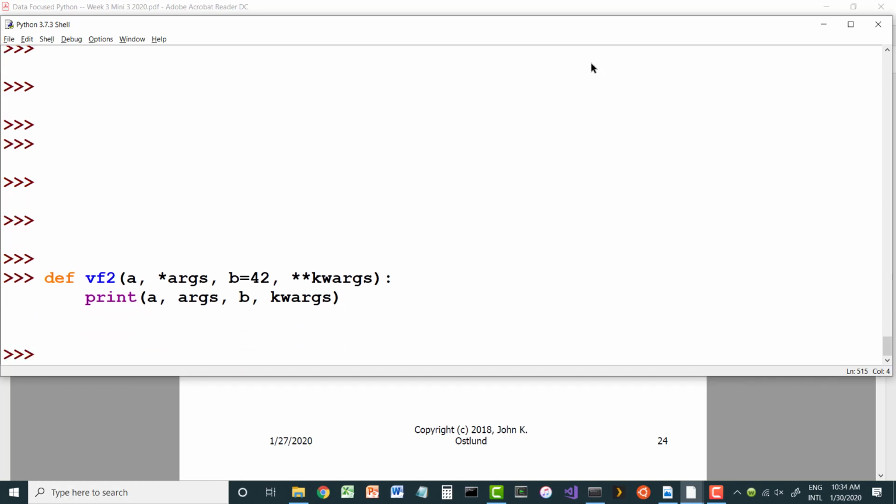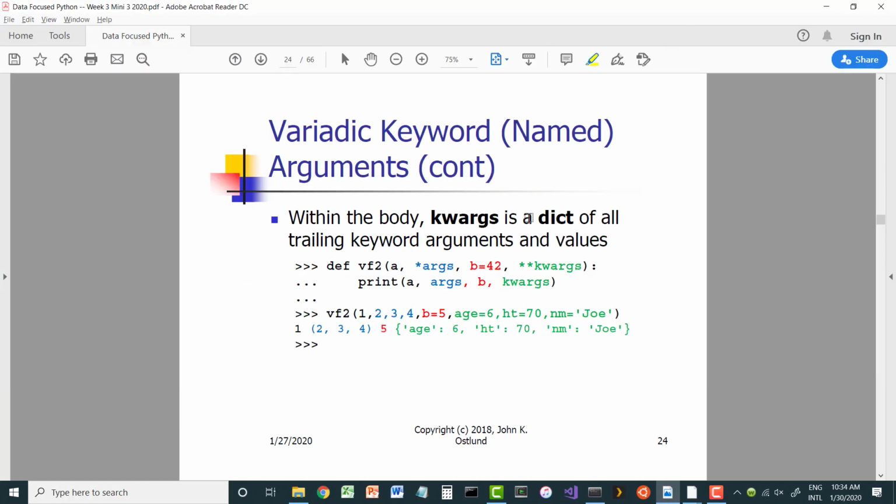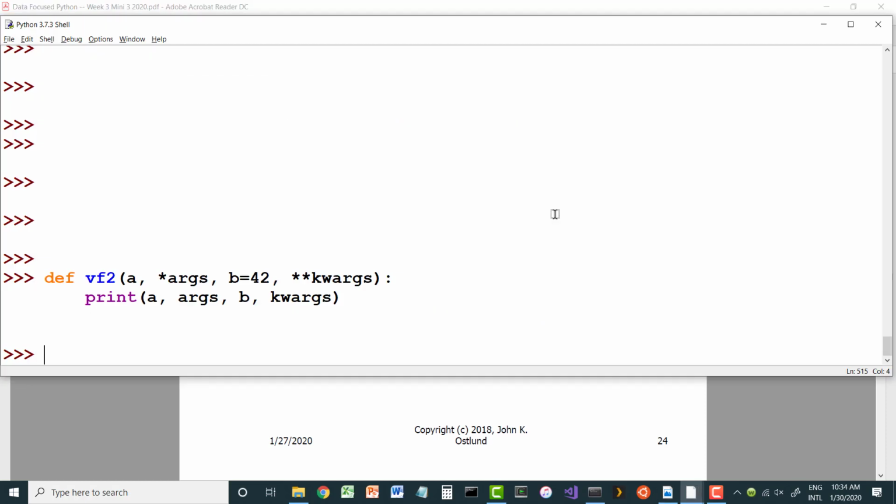using the print function. Now, whereas args is a tuple of the additional arguments that the user types, kwargs, it turns out, is a dictionary where the keyword parameter names are the keys and the values assigned to those keyword parameter names are the values. This allows me to make up any keyword argument names that I want, and they become part of the dictionary that's passed in. All right, so if I run this by saying vf2(1, 2, 3, 4,